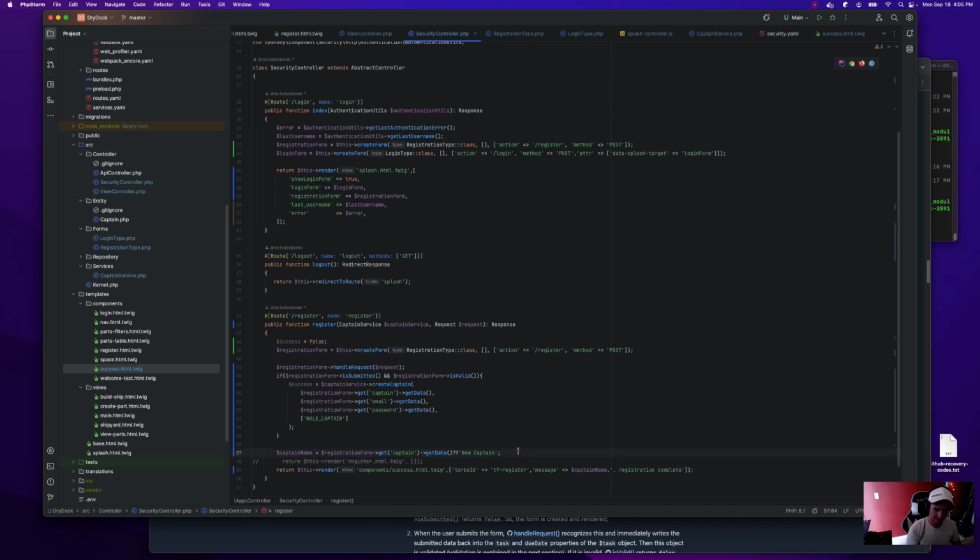And I like to do this, we'll just go what twig we're going to render. Alright, and then we'll just do a little logic. If we are successful, if it's true, we're going to do component success.twig.